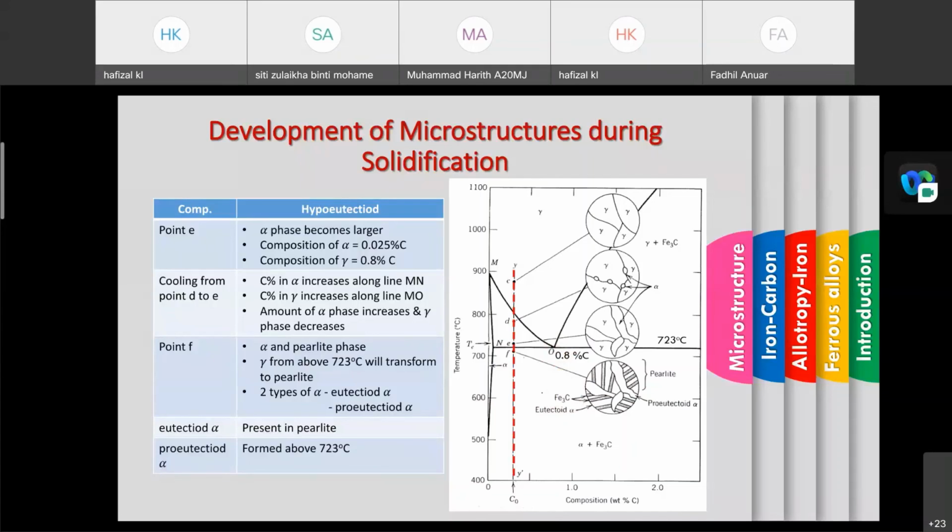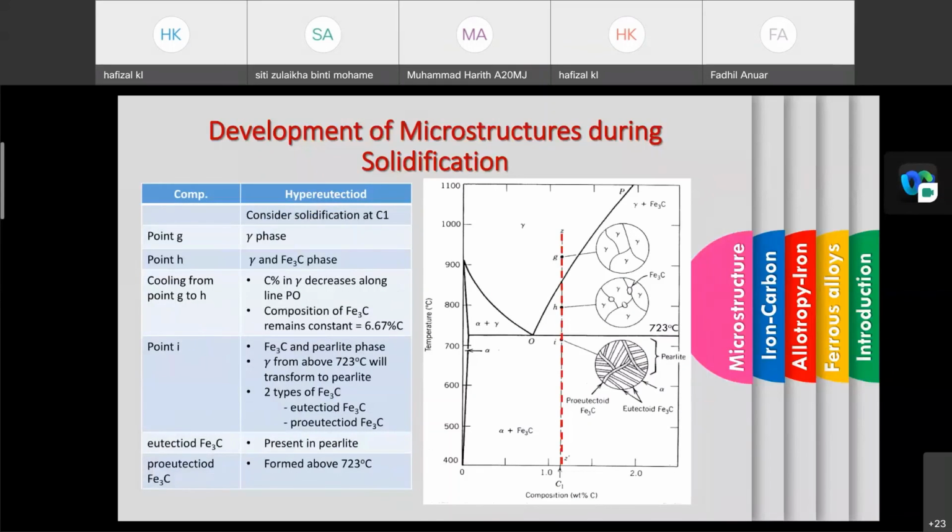So at this point we can see there is a composition of the alpha eutectoid, which is the white color, and also the cementite of the darker color. And the line that is produced by the combined merging of the alpha here, they call it pro-eutectoid alpha. So at this area, there is the presence of the pearlite.